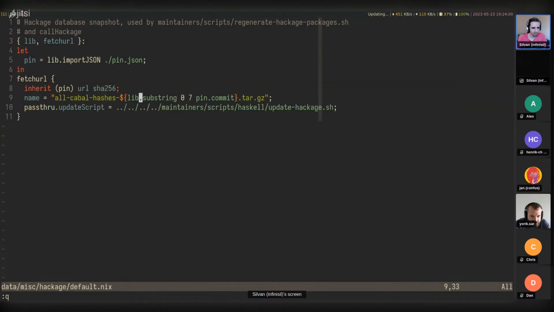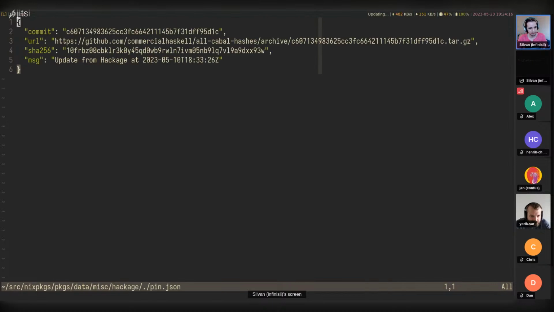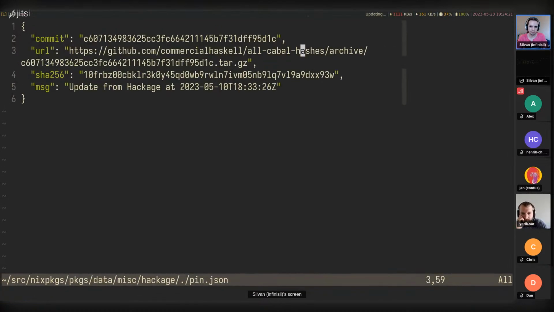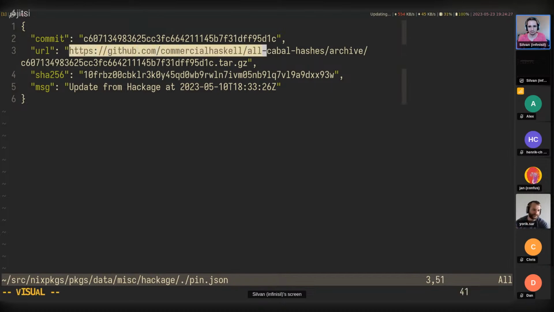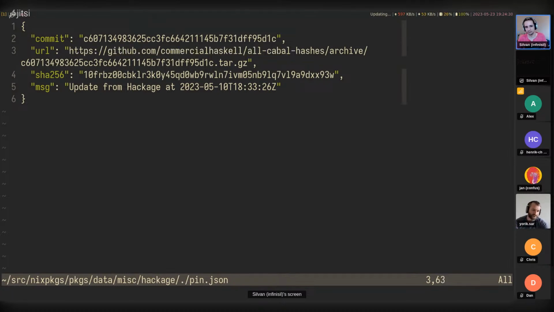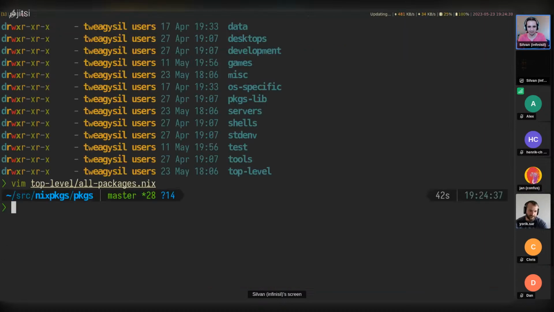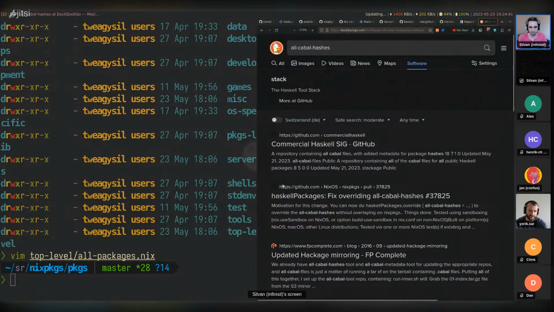And where does this come from? This is just a fetch URL. And what does it fetch? It fetches from pin, which is this here. So, okay, it's not 100% official. I don't think this is the official Haskell one, although it's also a question what is even official in Haskell land. But yeah, this is not actually maintained by Nix people, which is good. So we don't have the maintenance cost of this, and there's some support to it.